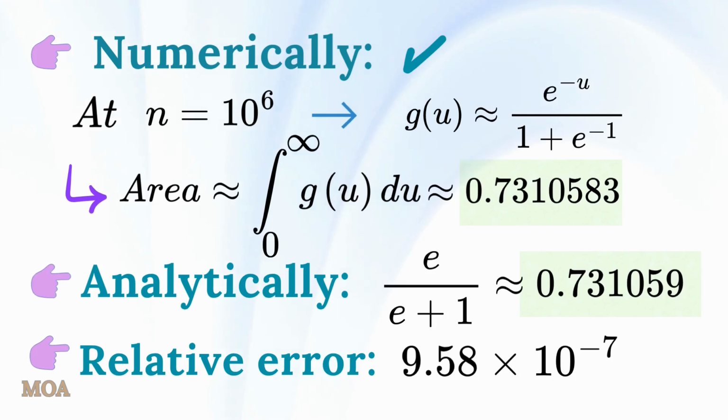0.7310583. Analytically, e over e plus 1 evaluates to approximately 0.731059. By comparing these two results, we observe that they match perfectly. This extremely small relative error, less than 0.0001%, proves that our analytical calculation is mathematically sound. Specifically, they agree to 6 decimal places, confirming both the correctness of our result and the rigor of the methodology